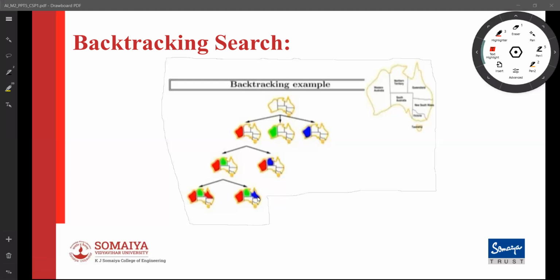Because South Australia has no value; all its values are gone, because we cannot assign any value here, since the adjacent states have red, green, and blue. So we need to backtrack because there is no solution. This is the idea of detecting failure earlier. If you look at the state with Western Australia red, Northern Territory green, and Queensland blue, we do not have any remaining value for South Australia.